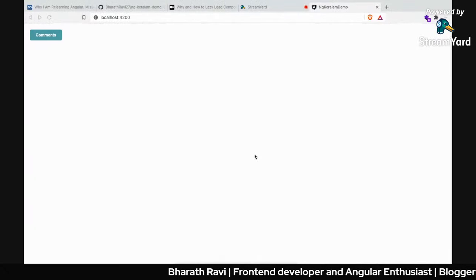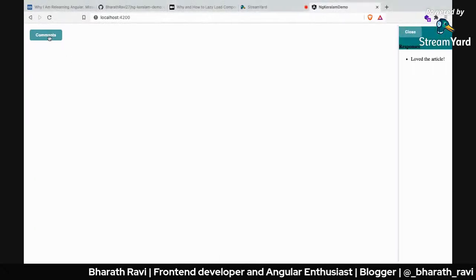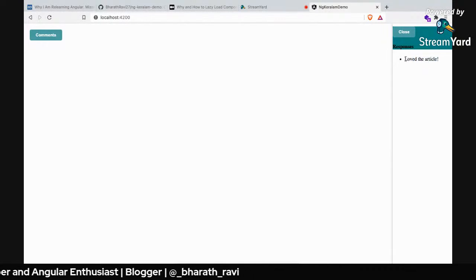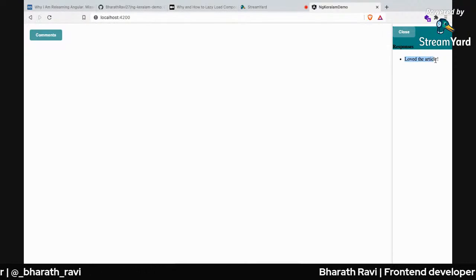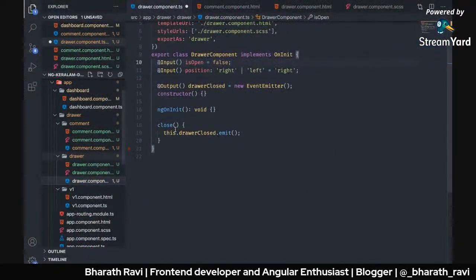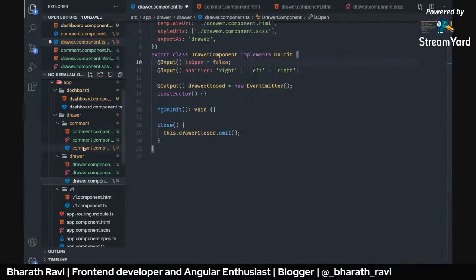For example, let's go back to our component and see. At this point, what we have is a list of comments, let's say to the article. Let's say this is coming from an API response, right? And at this point, if you are going to make that call inside the comment component,